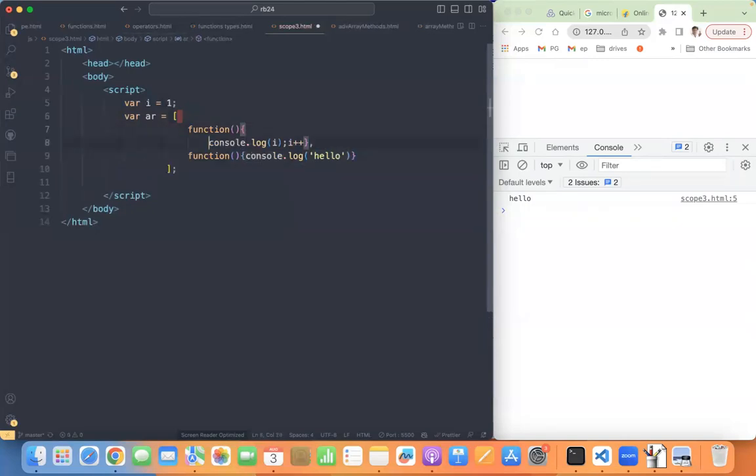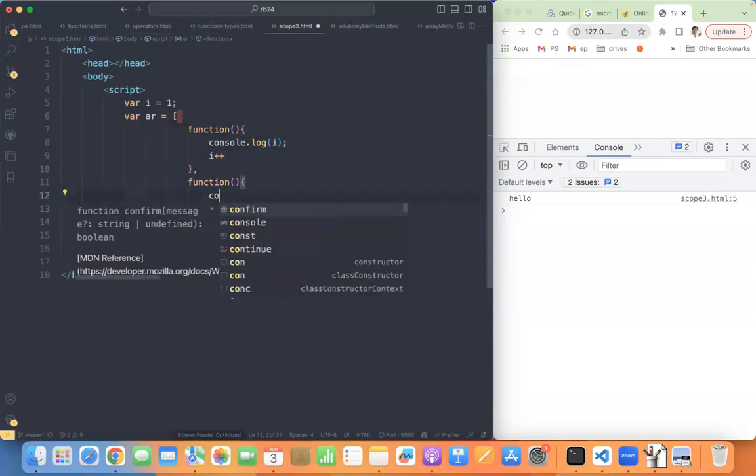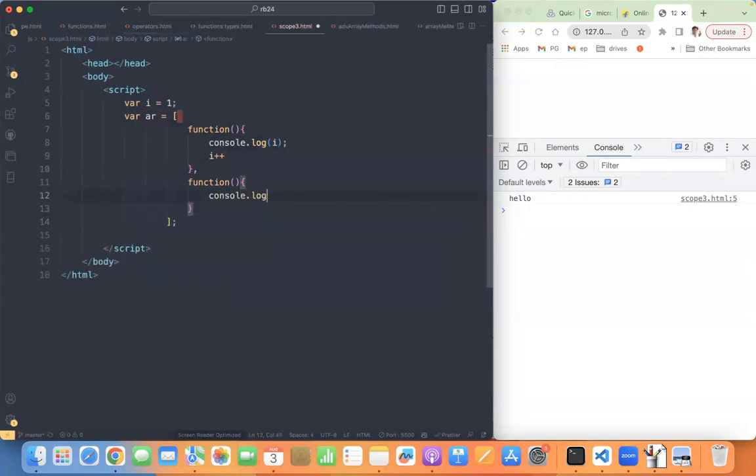So in this function I have two lines. This is the first function, this is the second function. Console.log of I plus plus.